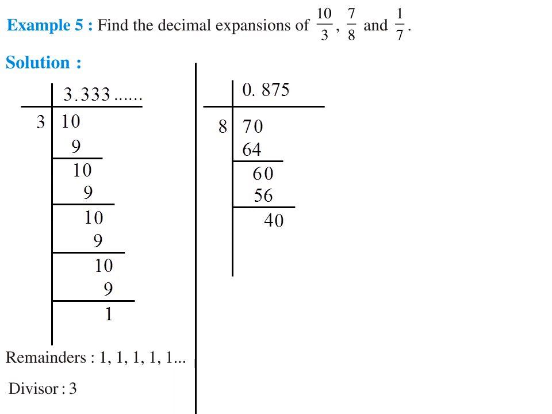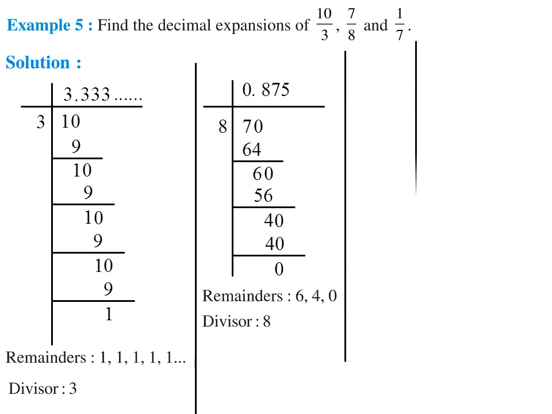Again we can carry forward 0. Now we can multiply the number by 5, so again we will get 40. So my remainder will become 0. Now from this step this division will not go further. This is my end step of the division. In this step you have seen that remainders are 6, 4 and 0 and my divisor is 8.